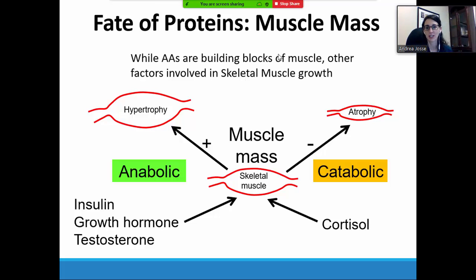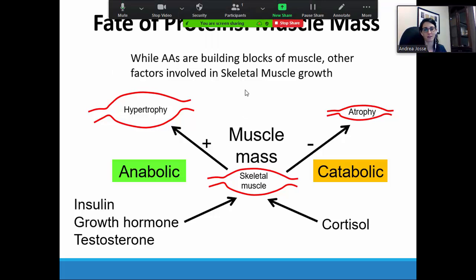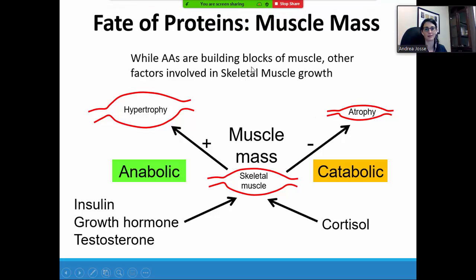I wanted to also mention that we are a kinesiology program, so I wanted to mention specifically that one of the fates of our amino acids is to make muscle. And so we have here our skeletal muscle mass. Amino acids, as I said, are used to make muscle, but I think it's also important for us to understand that while these amino acids are building blocks for muscle, there are several other factors involved in skeletal muscle growth. So it's not just that when amino acids are there, you end up making muscle, but a lot of